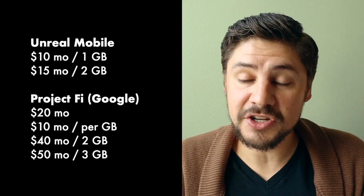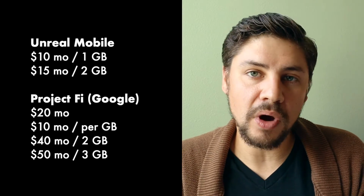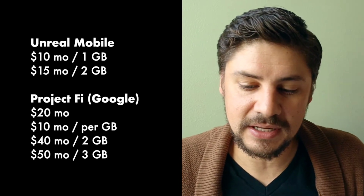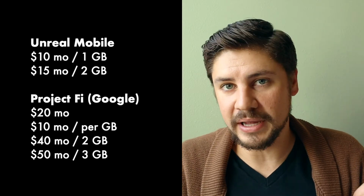$15. Next, Project Fi, and this is actually a Google product. This is just $20, then $1 per 0.1 gigabyte used. So basically $10 per gigabyte extra, and that stays consistent. $40 would get you 2 gigabytes, $50 would get you 3 gigabytes, and so on. Plus, the nice thing about Project Fi is they're actually using multiple networks, so the service I hear is really,